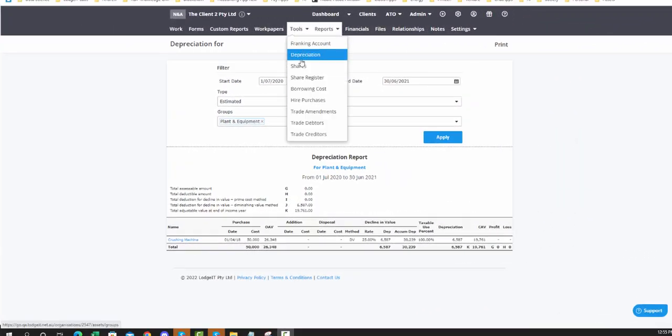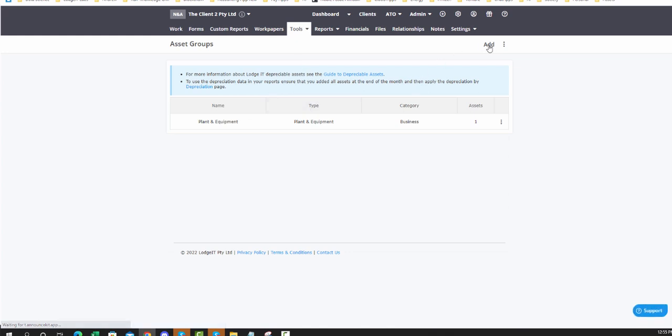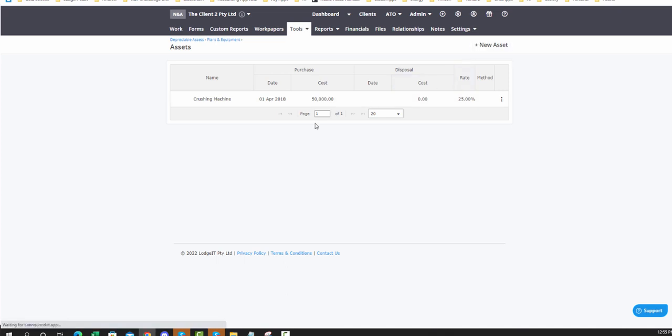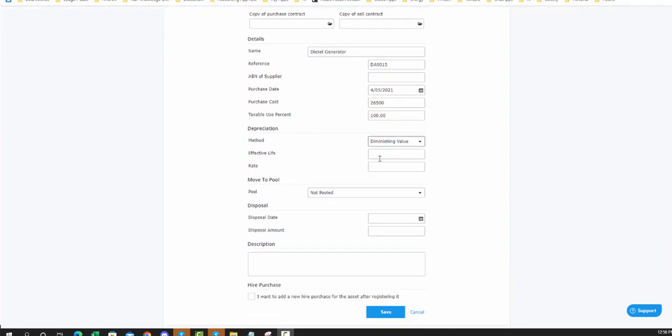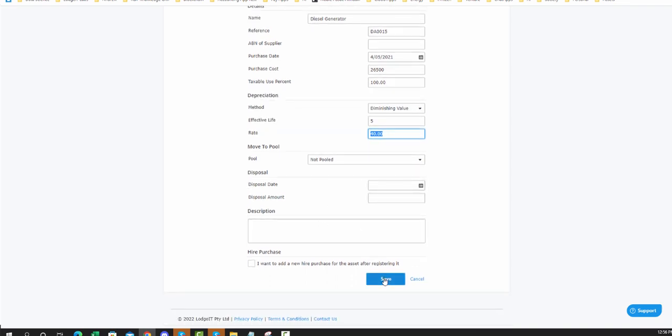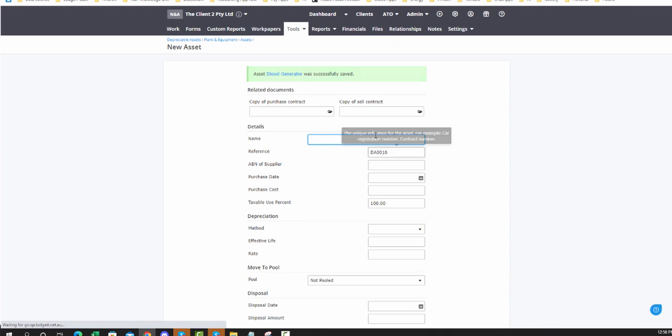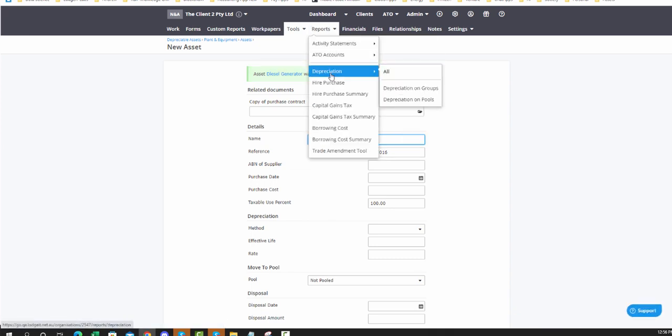Now let's add an asset bought in the current year. So we need to go back into plant and equipment. We need to add our asset inside this group. So diesel generator bought during the financial year within sort of a month or within sort of 2 months. And we need to obviously put in an effective life for this or a rate. It's not disposed of. And if we have a look at what that will look like,